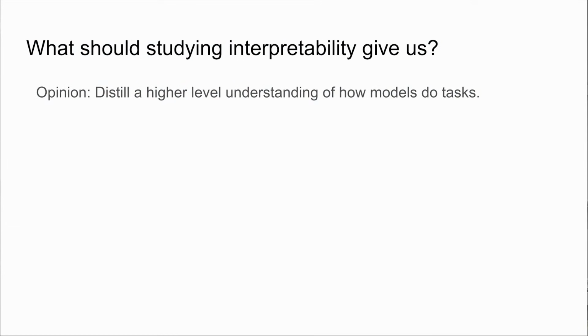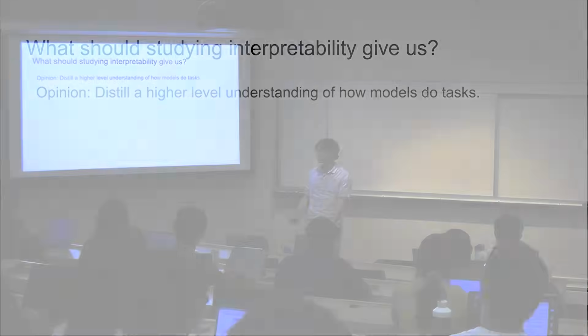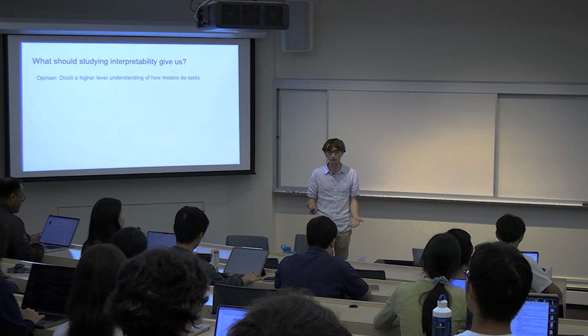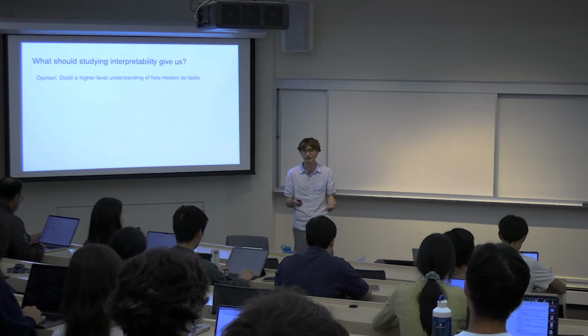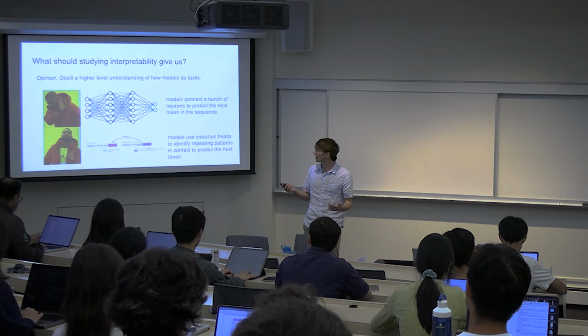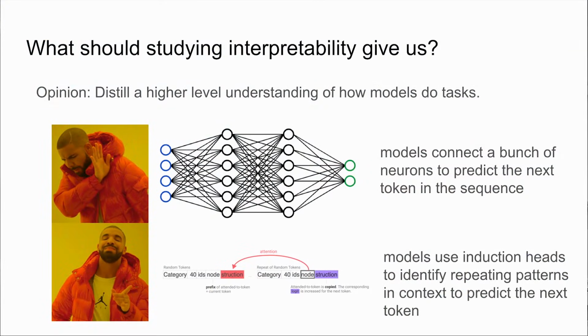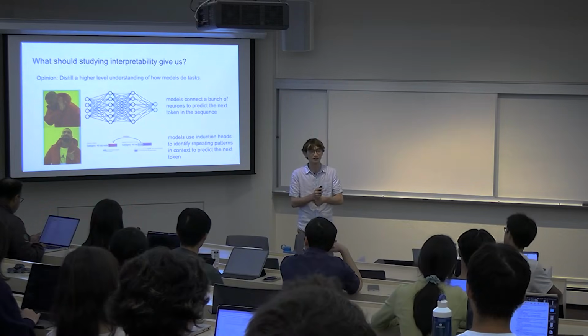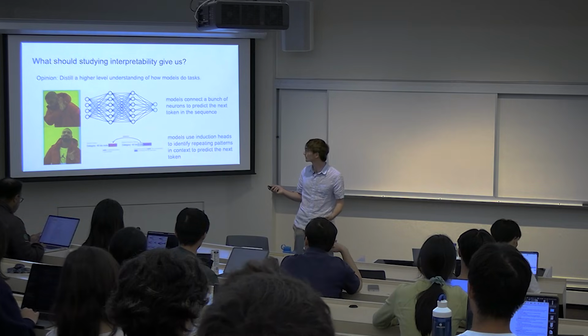And in my opinion, and this isn't a universally held opinion, we should be able to distill some higher level understanding of how models do anything, how they like to behave, how they like to implement things, etc. I don't think it's enough to say we can explain any given input by saying these neurons are connecting, and we have some sense of what's happening semantically, but it's all kind of jumbled up. I think it's much nicer to have nice abstractions over what we think models do when they're solving tasks.